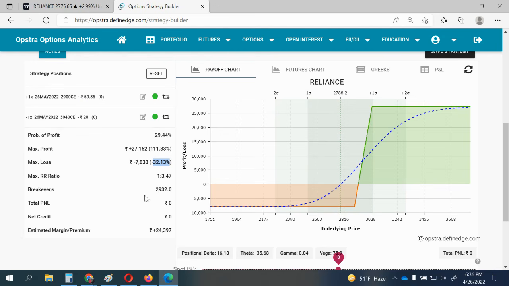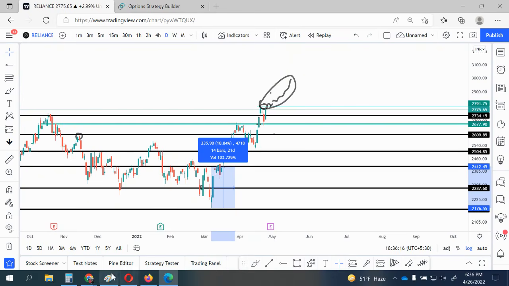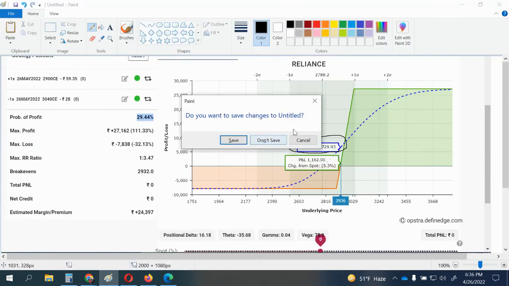In equity you will be at cost to cost. In equity you will be at zero profit. Let me take a print screen. This is very important to understand. Okay, now comes